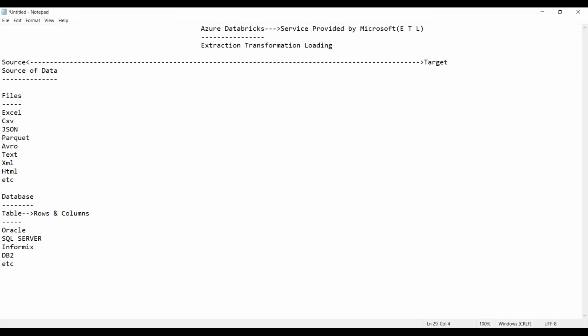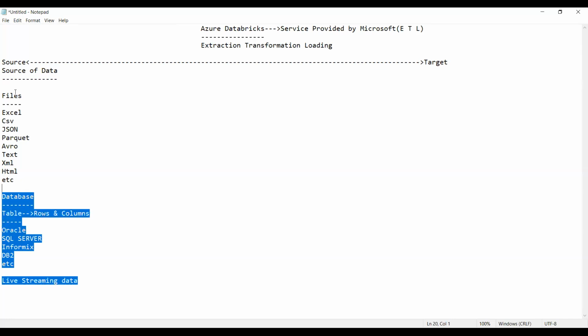These are nothing but the sources. Apart from this, we can also get the data from live streaming data. So we can get the data from live streaming, from the database, and also from the files.